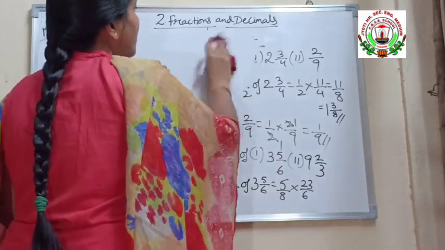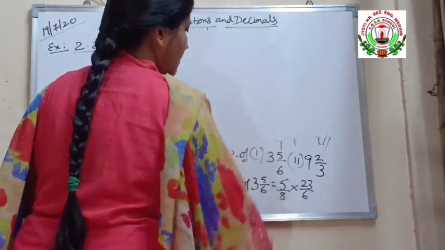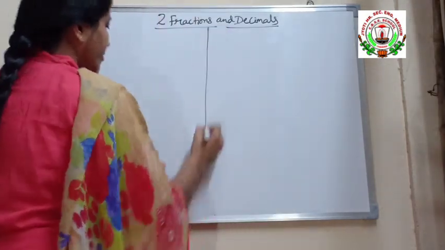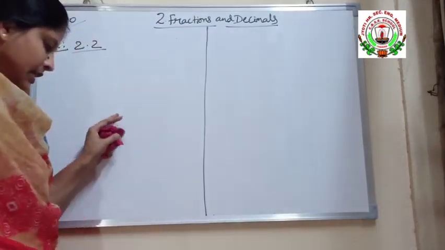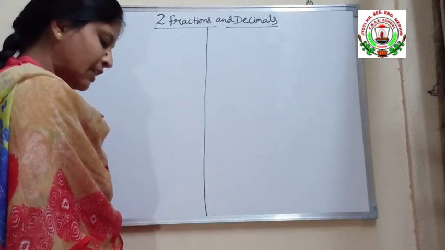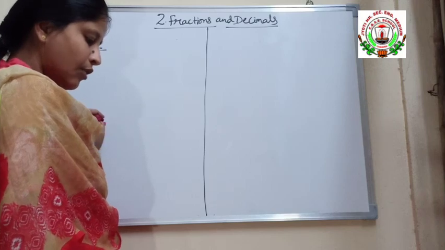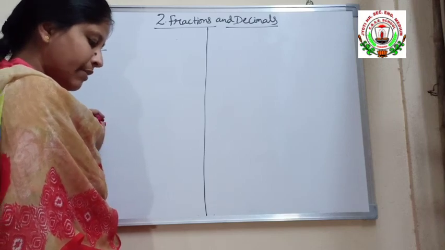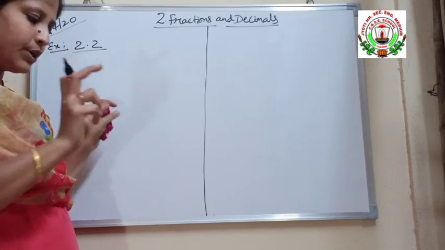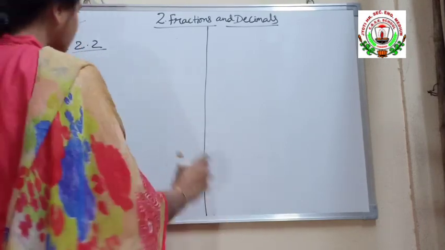Only one problem solving is left here in this exercise. See, the question is, Vidya and Pratap went for a picnic. They have a water bottle containing 5 liters of water. Vidya drank 2 by 5 liter. Let us write the statements along as we read the question, and then we can understand it very easily.